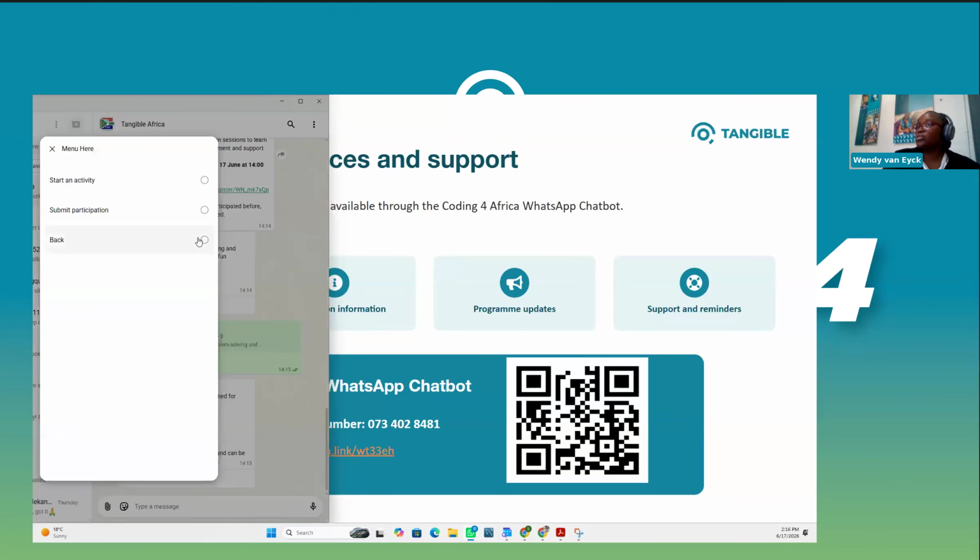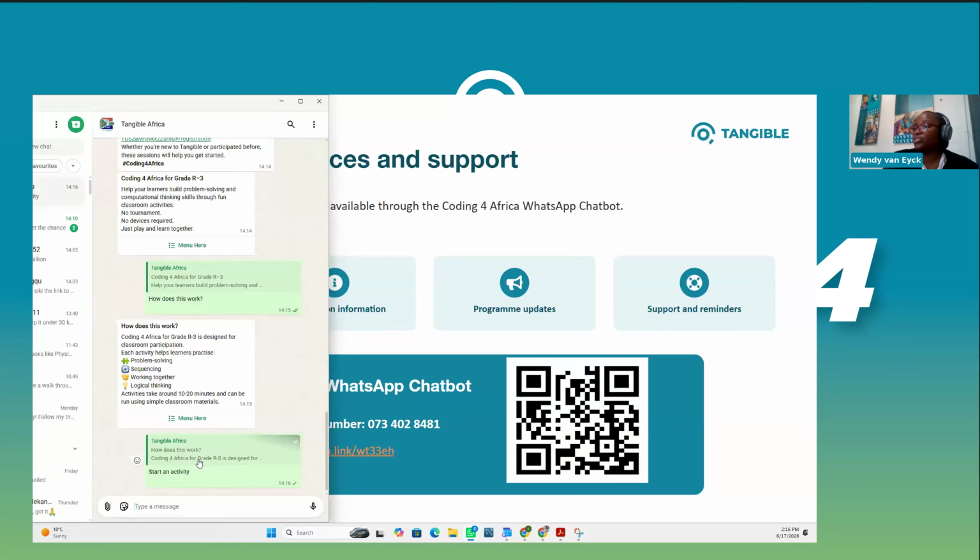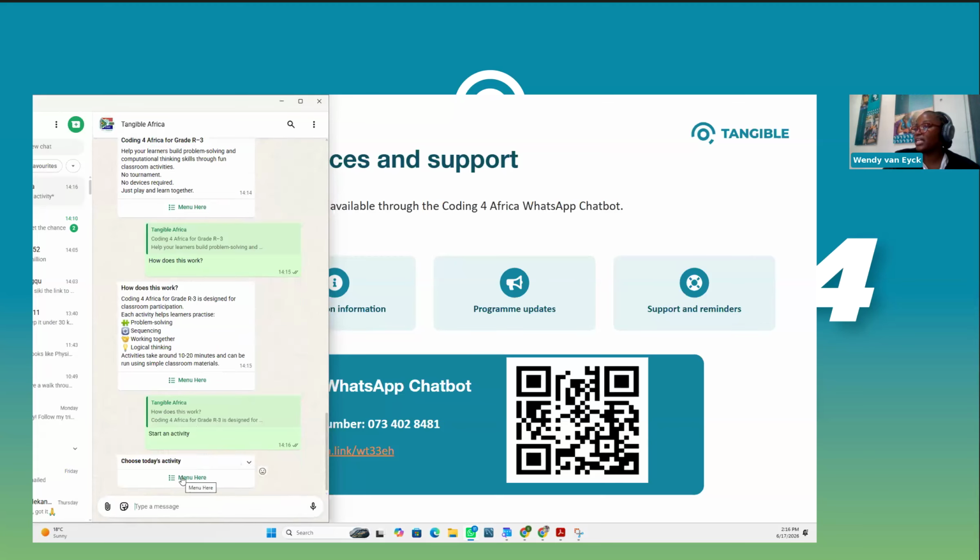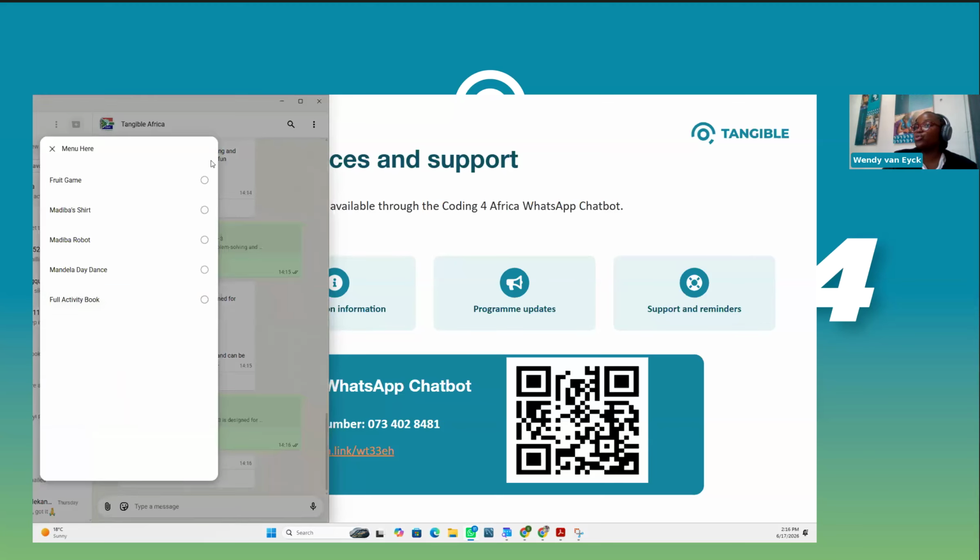So menu here. Now you would like to actually start an activity, right? So you click start an activity, get the activity that you're going to want to be using to participate. It says choose today's activity, right? So you'll choose any of the 4 activities here. Please note that you can try as many as you like, or you can try one, but you can try all 4, and you have until the 18th of August to do all these 4 activities with your learners and submit them. So for example, if you click the fruit game,